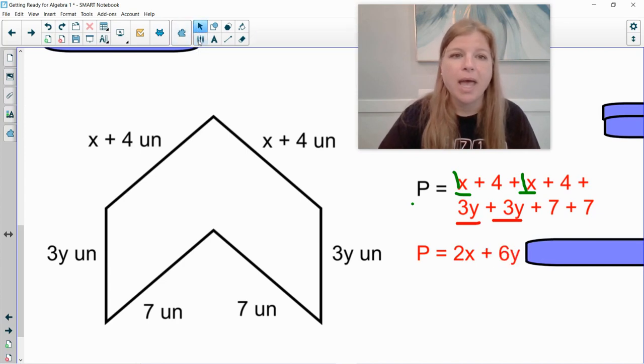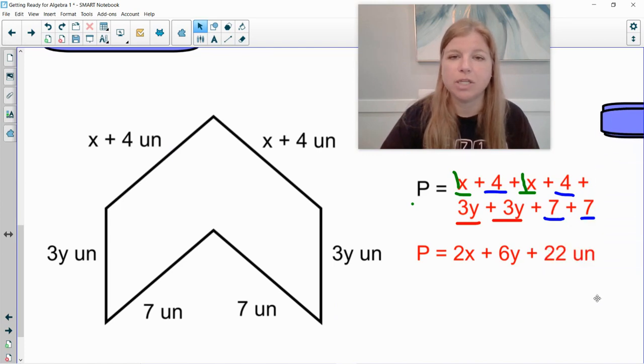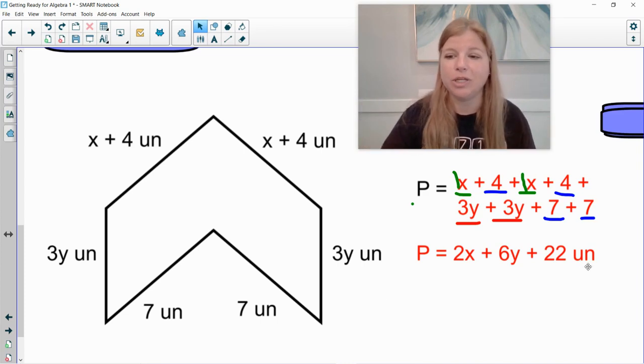Good job. And now I have plus 4 plus 4 plus 7 plus 7. Well, 4 plus 4 is 8. 7 plus 7 is 14. What is 8 plus 14? It's 22. And so my final answer is 2x plus 6y plus 22. And these are just labeled units. I don't know if it's inches, feet, centimeters. It's just units. And so I would put UN at the end for